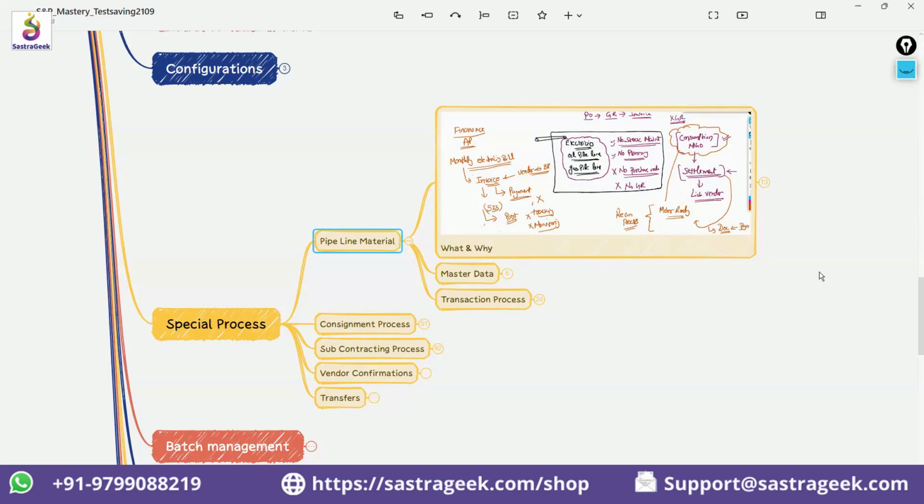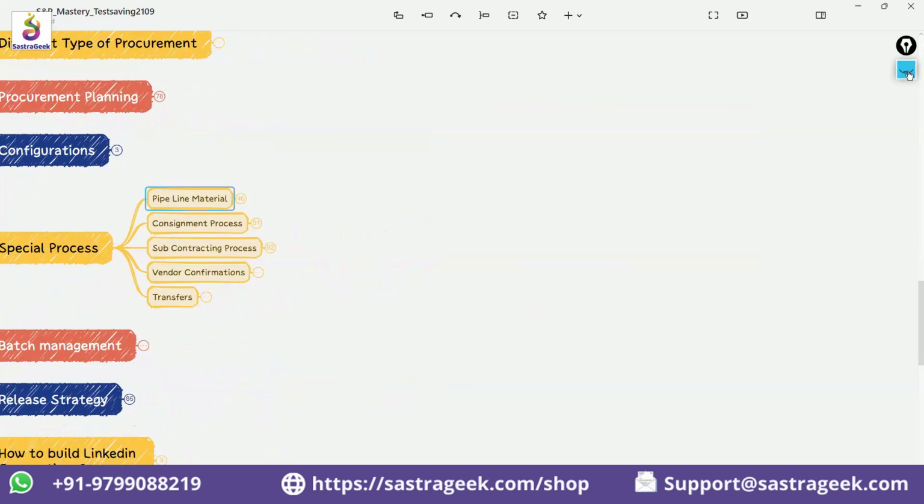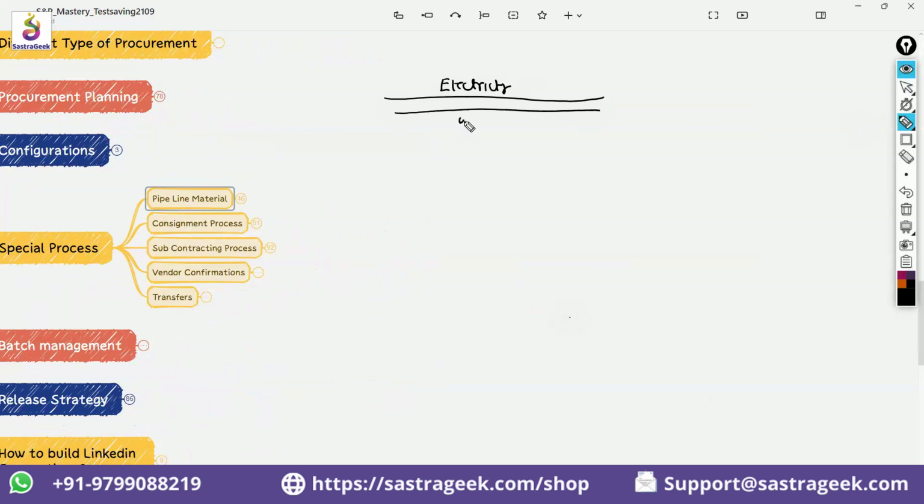So basically, pipeline materials are the materials which are actually supplied by the pipeline. There can be some materials which are not supplied by the pipeline, but you can still go ahead and set up the pipeline process for them. But it is actually meant for the materials which are not coming through the gate entries, but which are coming from the pipeline. The perfect example of this is electricity, which comes through the wire, which you can consider as a pipeline, and water,